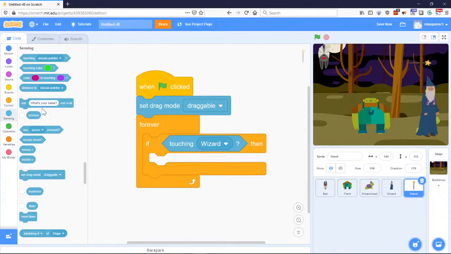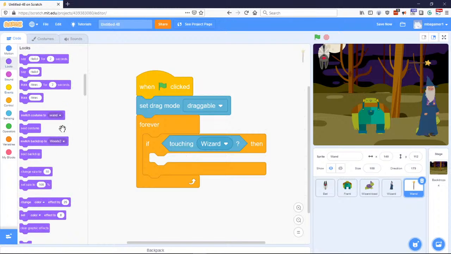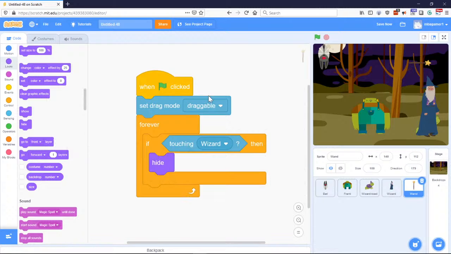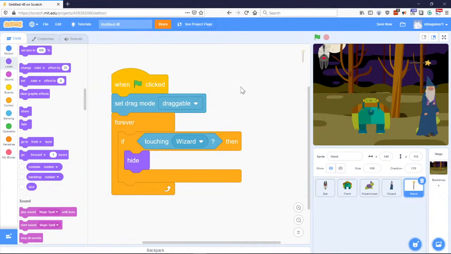Okay, and we want to hide. Now when that happens, we want it to hide, and we also want the frog